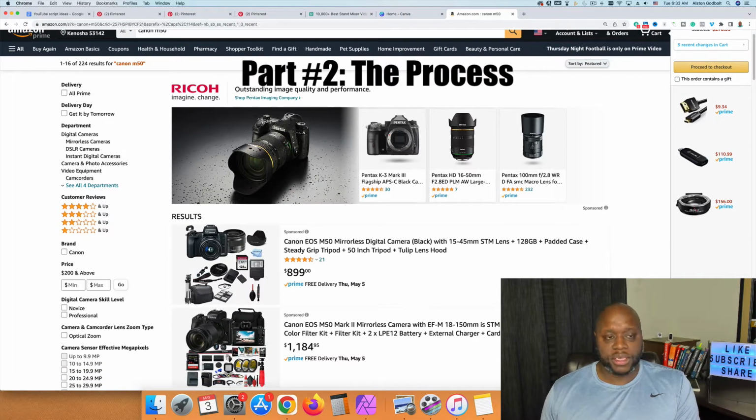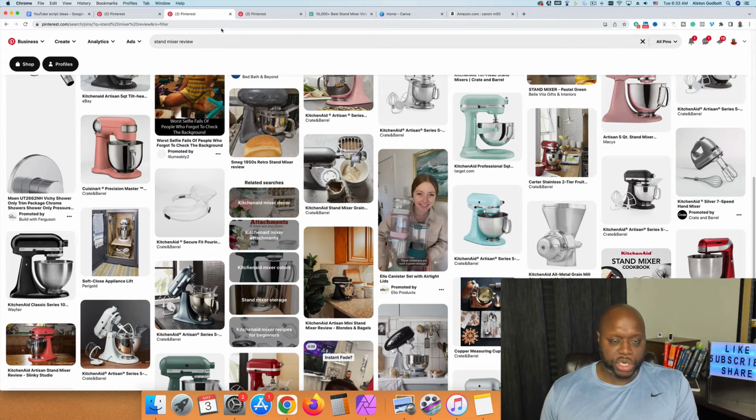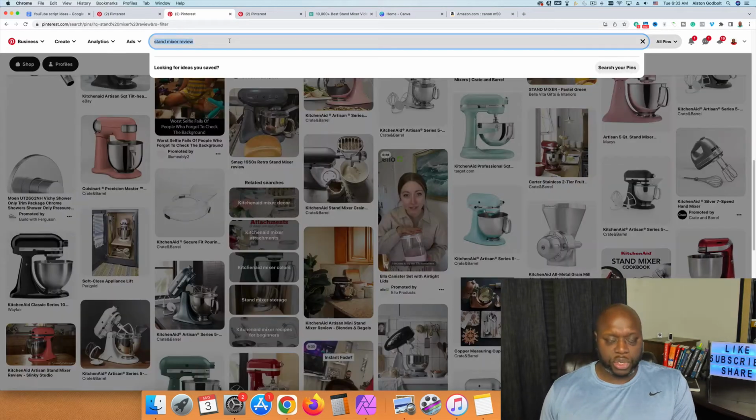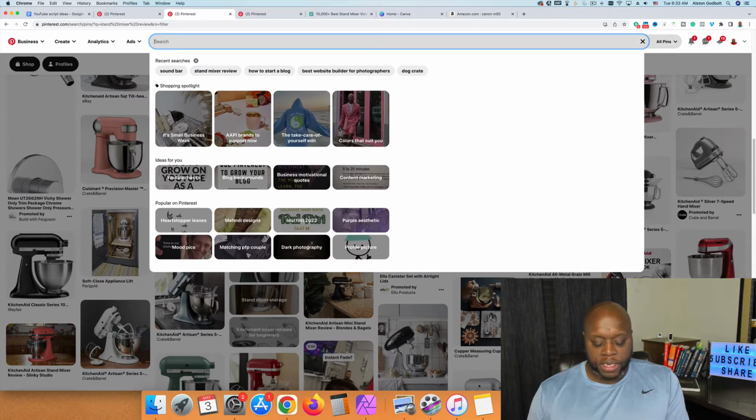The cool thing is, and this is part 2, by the way, Pinterest really is a search engine. It's a search engine and a social media site combined. What we can do is come up to the search bar here and type in, say, photography or camera. We really want to think about some of the questions, some of the things that your target audience is going to be typing in. We could type in Canon